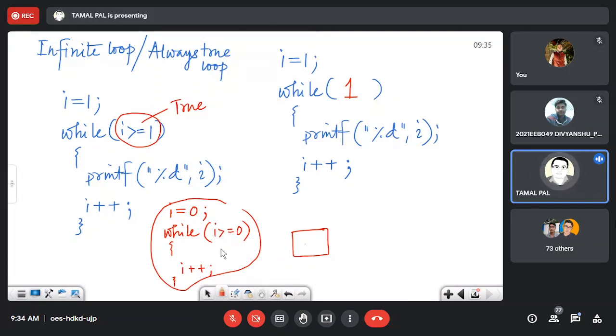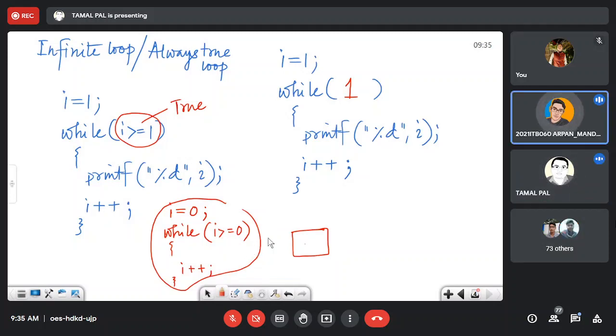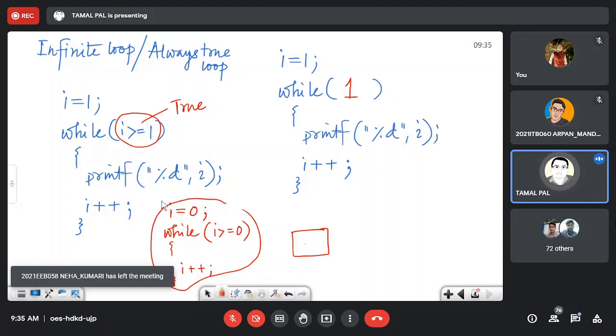Under that situation, your loop will stop. So is that done with 2 to the power 31 minus 1? I will discuss those types of things when I discuss the binary system. But right now it's not possible for you to understand. In this situation, it seems that it will print up to infinity, and mathematically it should, but practically it should not, due to the limitation of memory.